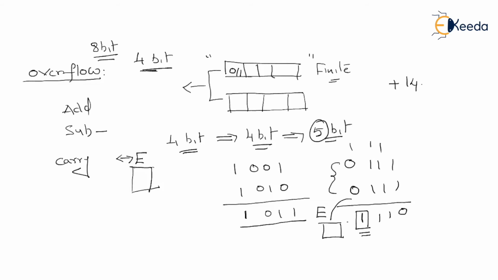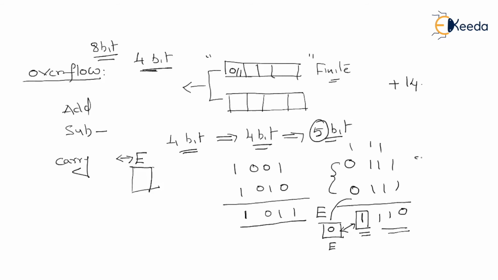But here, unfortunately, the result becomes a negative value, right? So what happens here? The 0 has been transferred to an extended digit and the sign has been reversed to 1. This is a serious problem whenever you perform arithmetic operations. Once again, the problem statement: when you perform subtraction, or addition, the result should be correct. The result should have a correct sign.